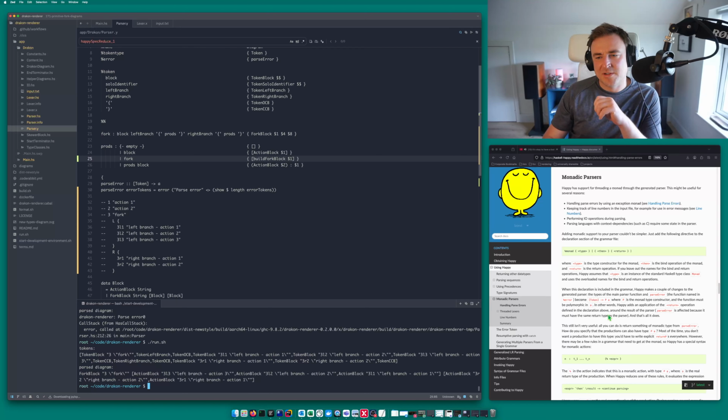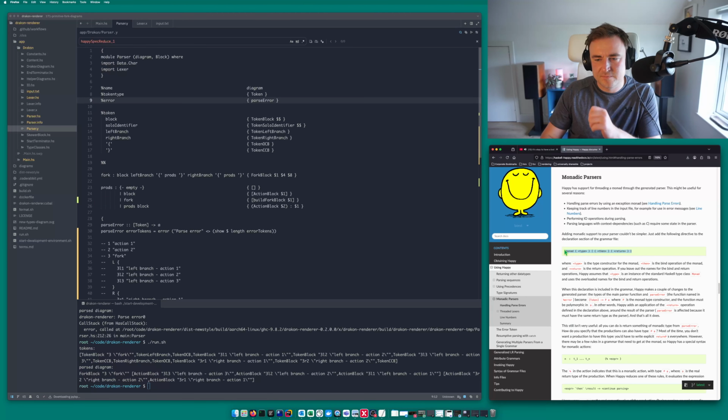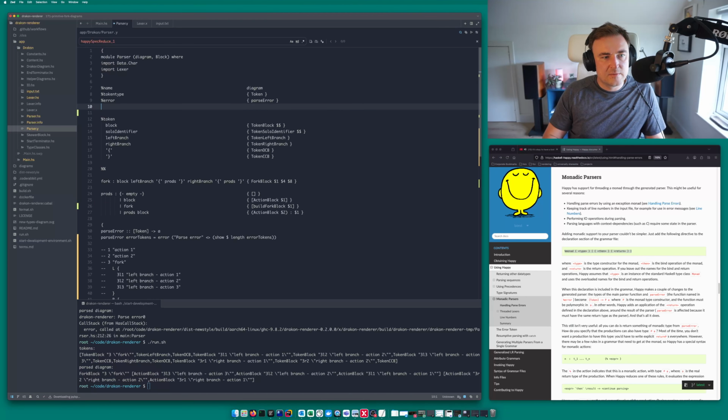Adding monadic parsing support, adding monadic support to your parser couldn't be simpler. Just add the following directive to the declaration section of the grammar file. I think this is here. Type, then return. Okay. It does look very simple.